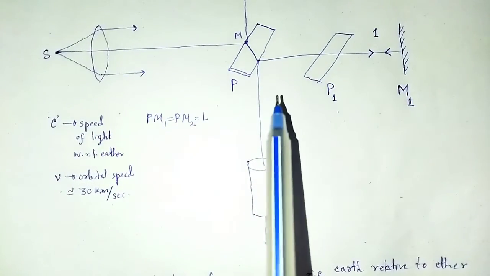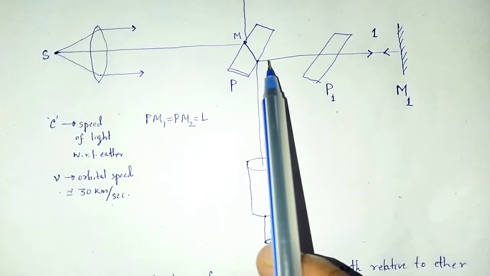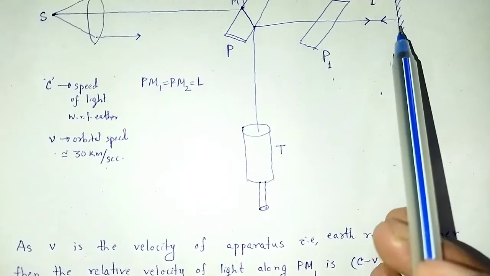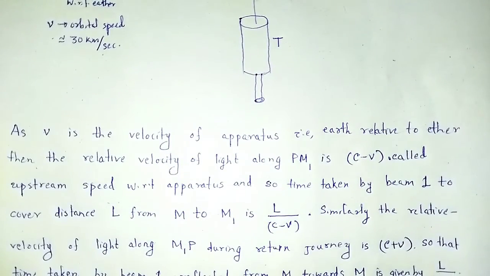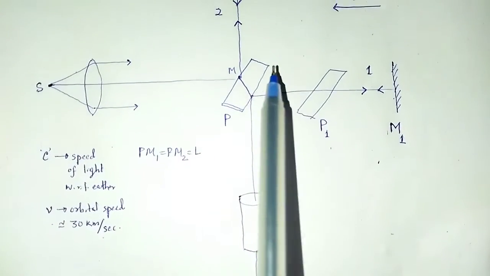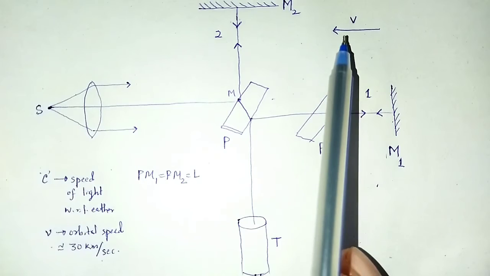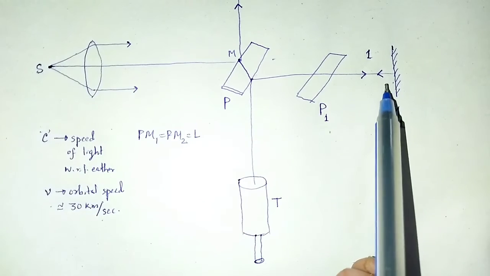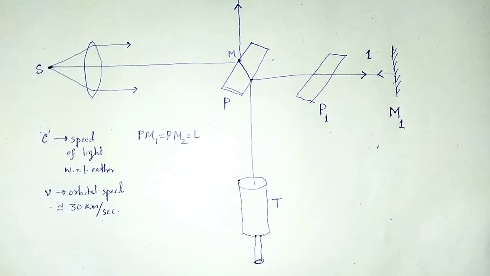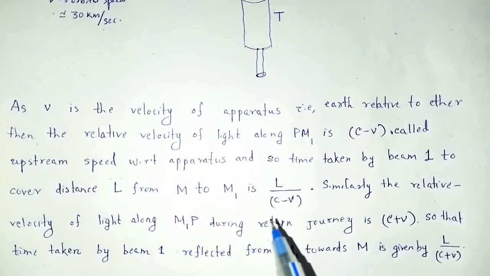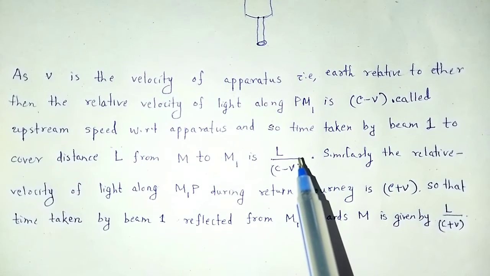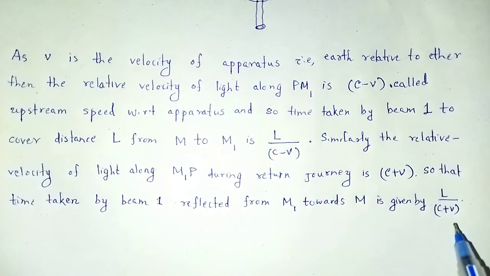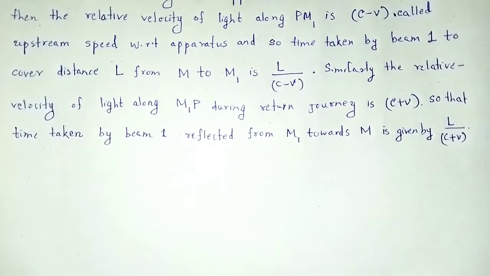That means the time taken from P to M1 is L divided by C minus V, and the time taken from M1 to P is L divided by C plus V. When light travels in this direction, the resultant velocity will be C minus V. When light travels in that direction, the resultant velocity will be C plus V. That's why the time taken to cover that distance will be L divided by C minus V and L divided by C plus V,